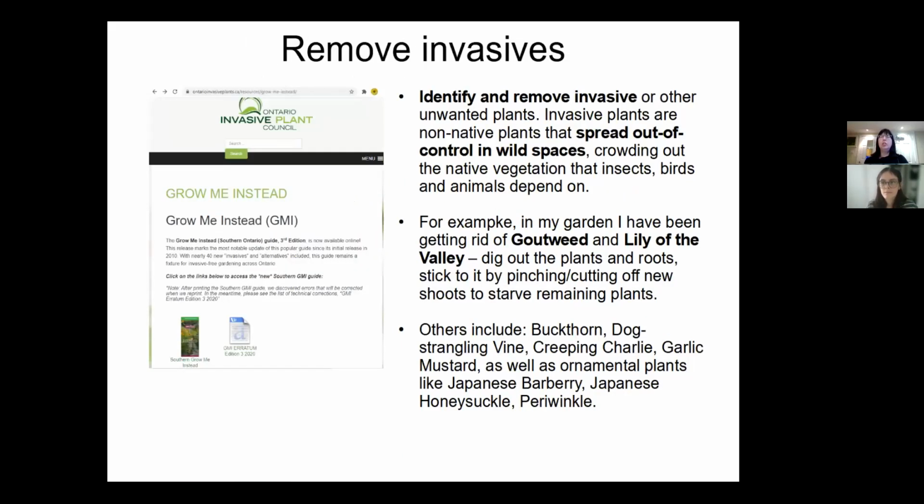And you should remove invasives. If you have an existing garden, there are some really common plants in gardens, and they're even still sold in garden centers and nurseries, that you should remove. They'll just cause trouble. And some of them are really challenging to remove, and you'll probably forever be pulling them out or pinching them out. So some really common ones are goutweed, lily of the valley,